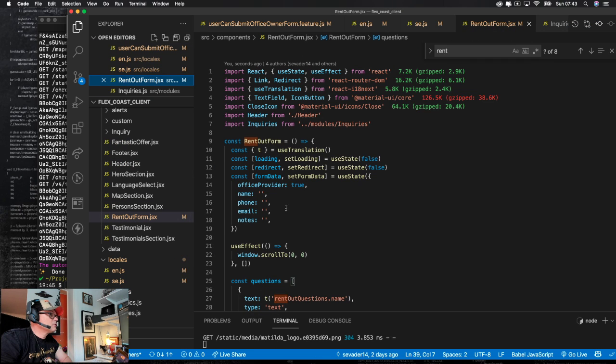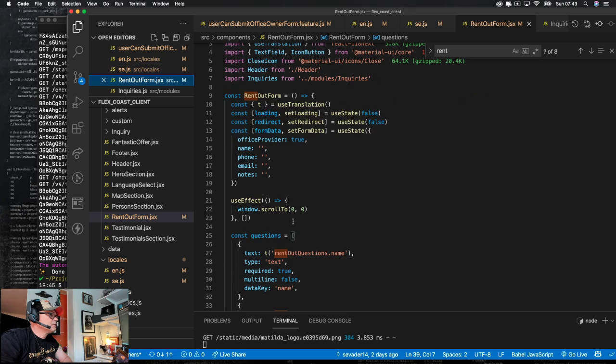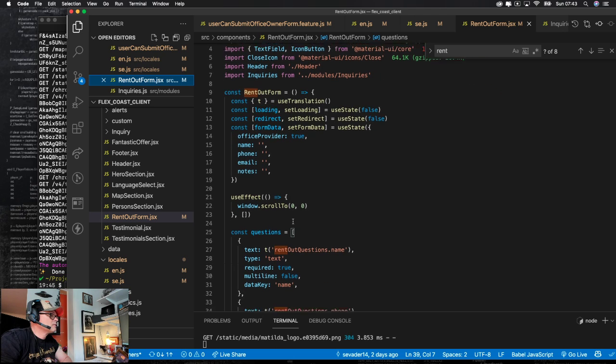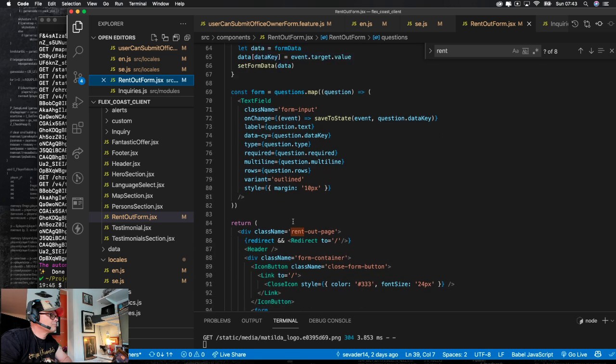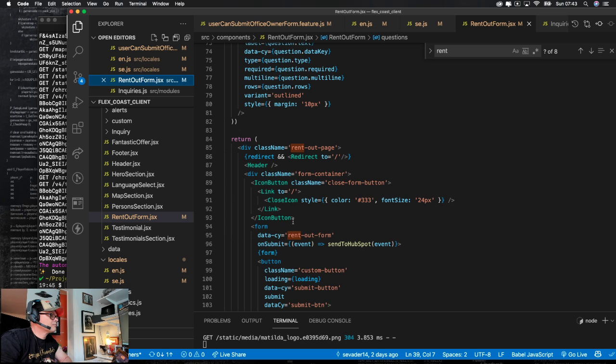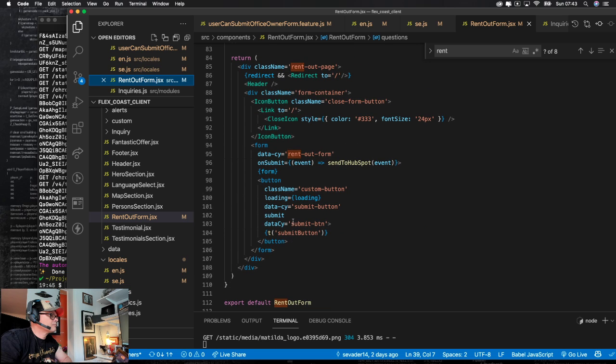Render out form. Right. Set redirects that form data. Right.